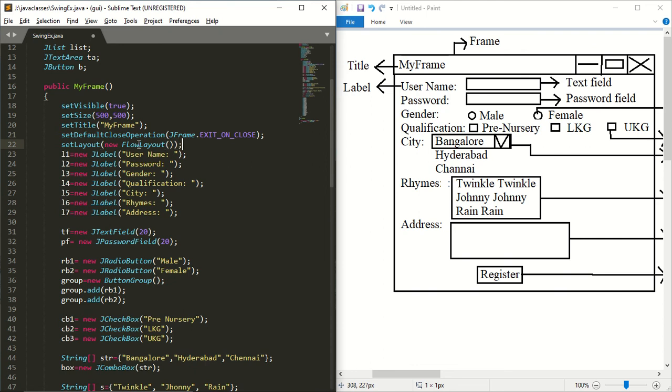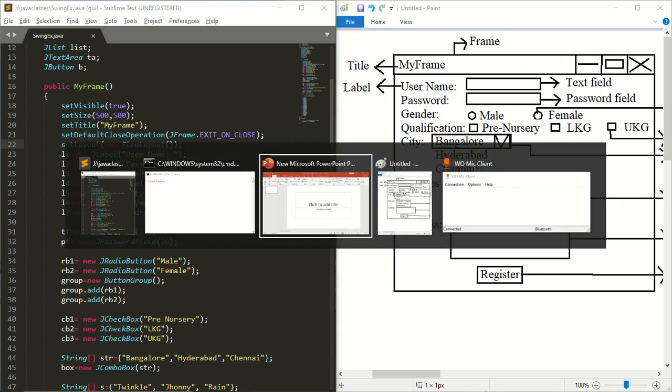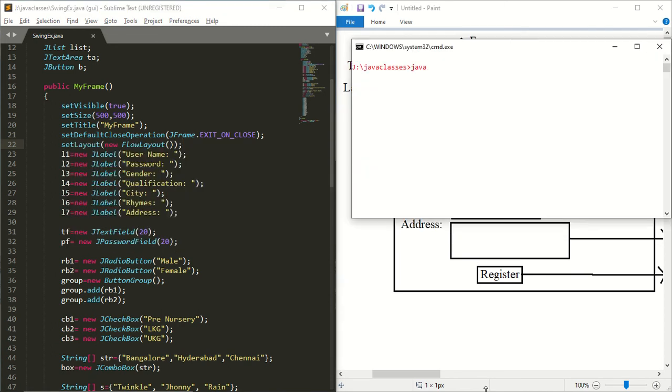Okay, so set layout is used to set the layout of these components. So save the program, compile. So javac, what is the file name? SwingEx.